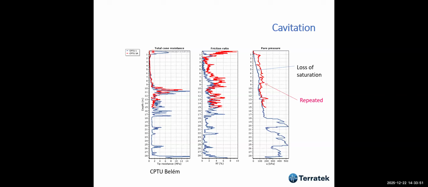And I asked the operator to do another test by pre-drilling here. He drilled down to 1 meter, 1.5 meters, I don't remember. I think 1 meter. And did it again and see what happened. The pore pressure increased. The pore pressure in the red is much better than the pore pressure in the blue. And here, a slight difference, but it's not very important. Okay, so we repeat the test.